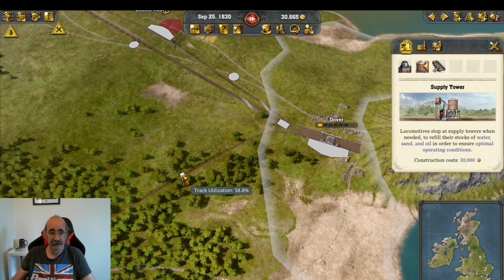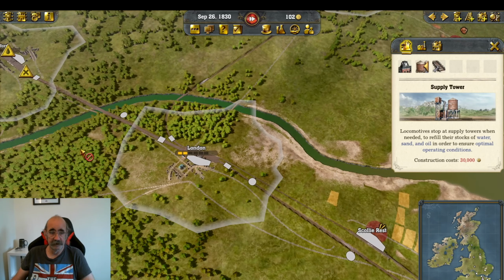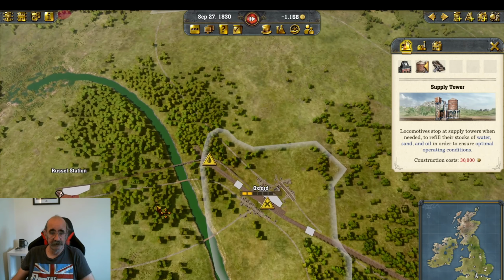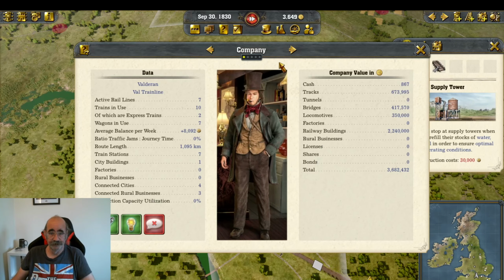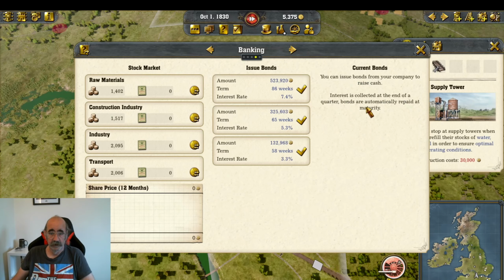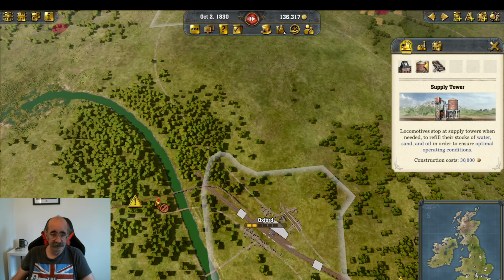I can actually place that now. Then that's done. So Dover is done. Then I should really address the one up here. So I need 30,000 to build that. I can go in and take a cheap loan, even though I say don't do that, but yeah,